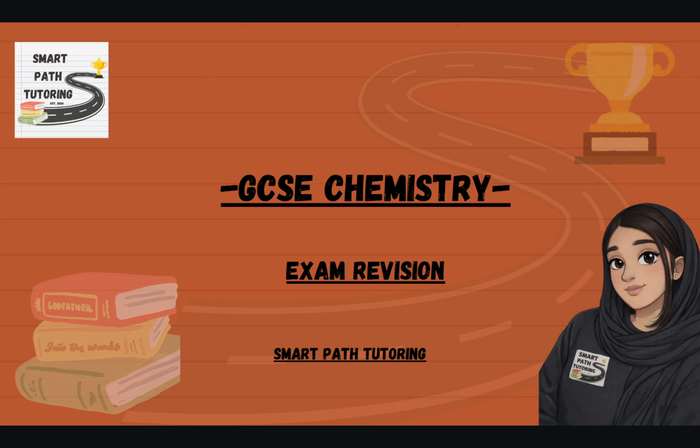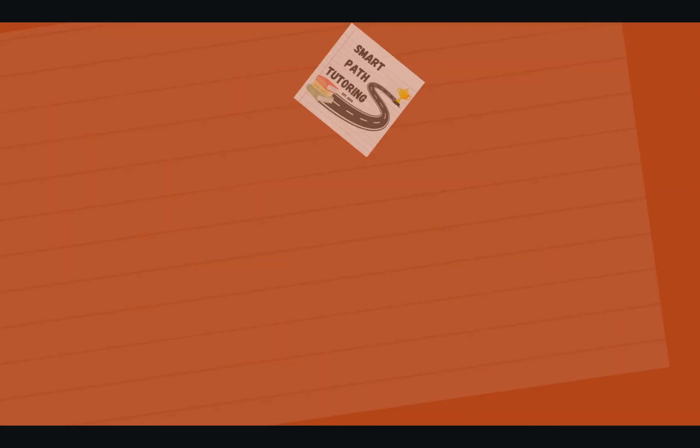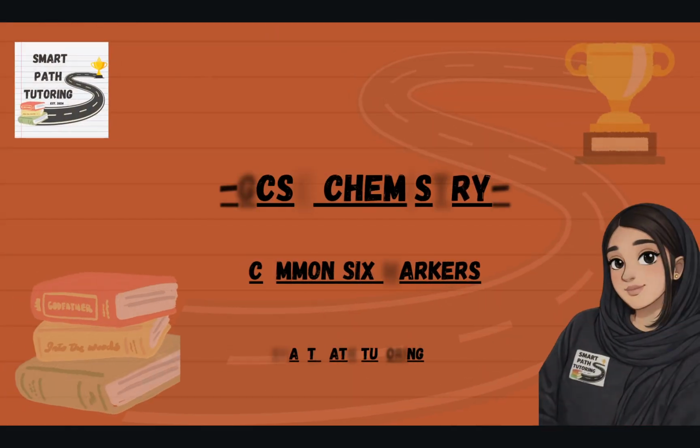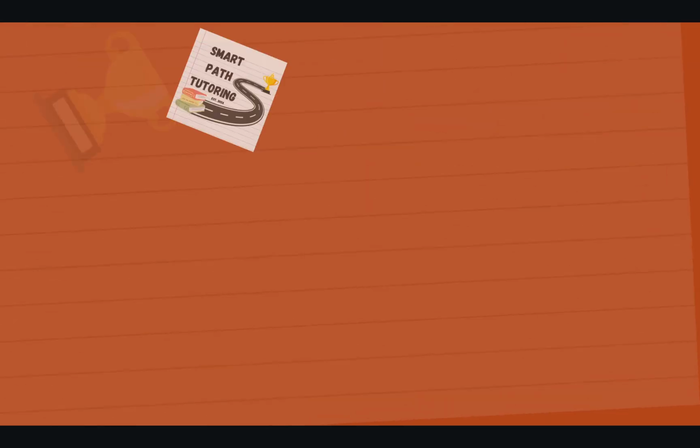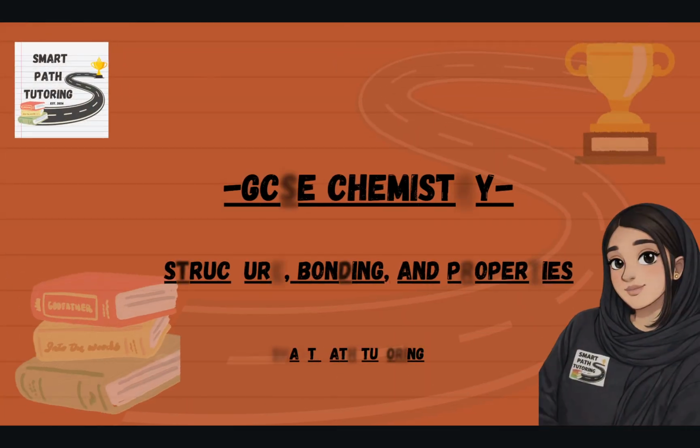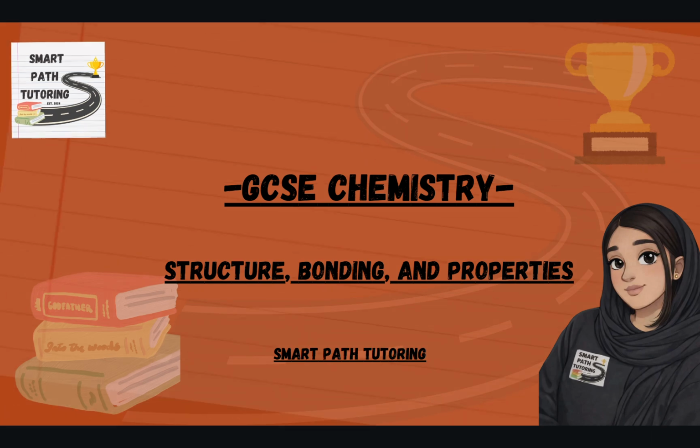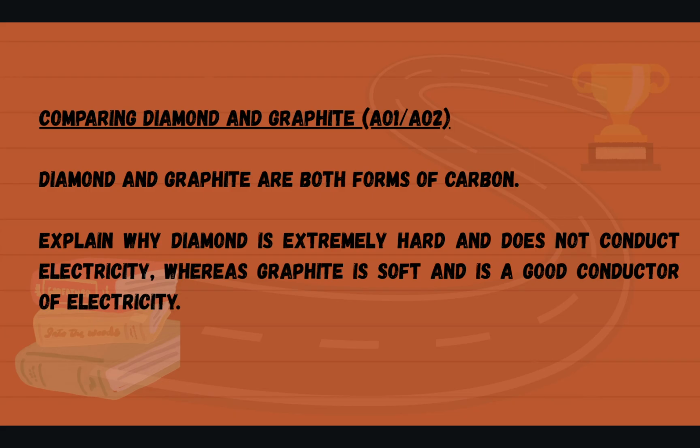Hey guys, in this video we're looking at exam revision for GCSE chemistry, focusing specifically on common 6 markers. So the topic we're going to look at is structure, bonding and properties. We're going to look at the first 6 marker, which is comparing diamond and graphite, looking at AO1 and